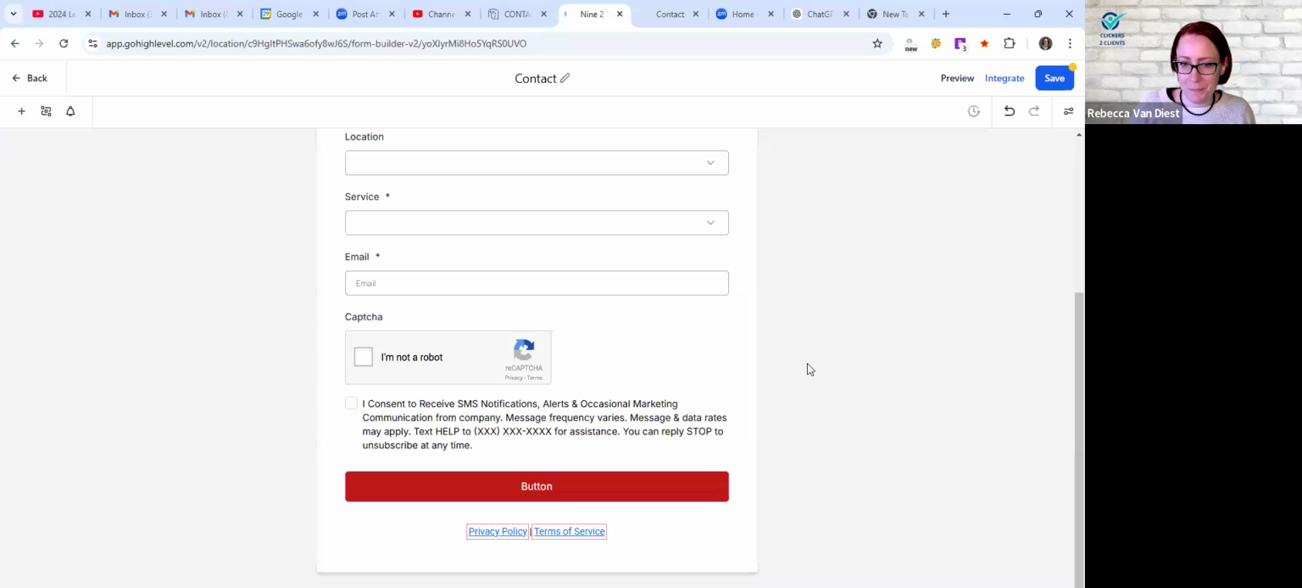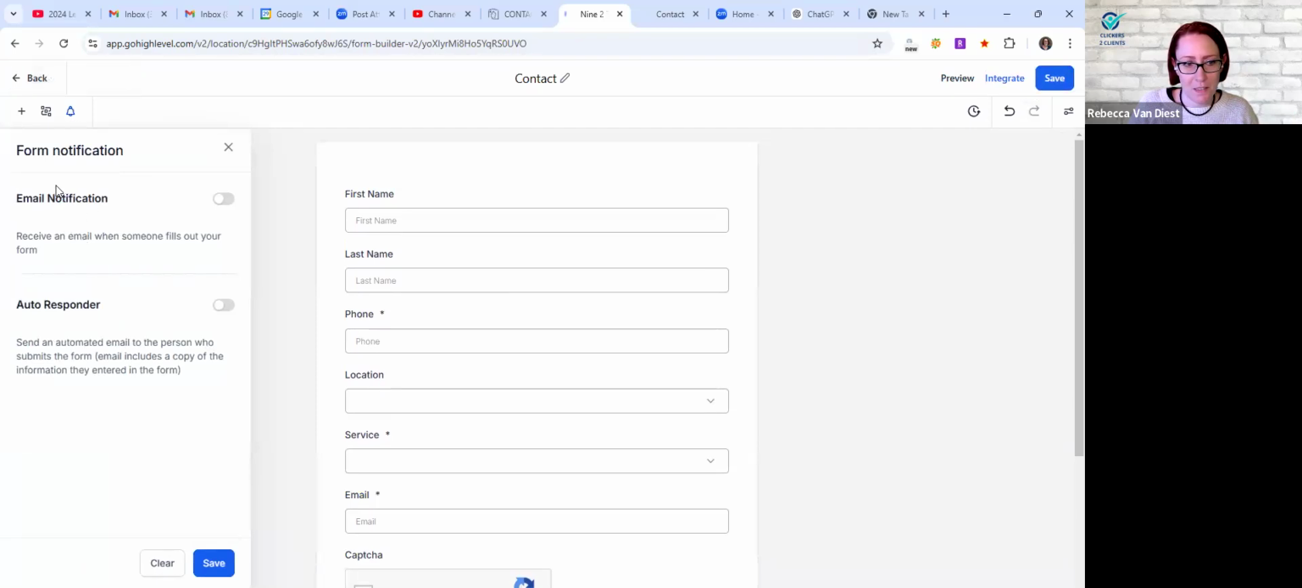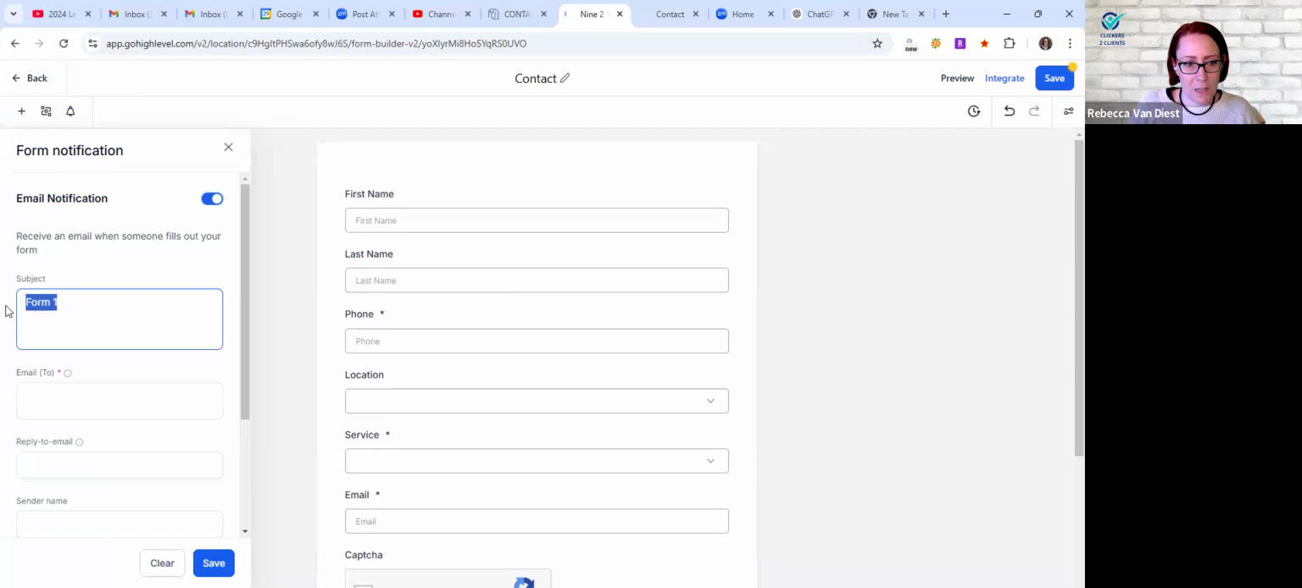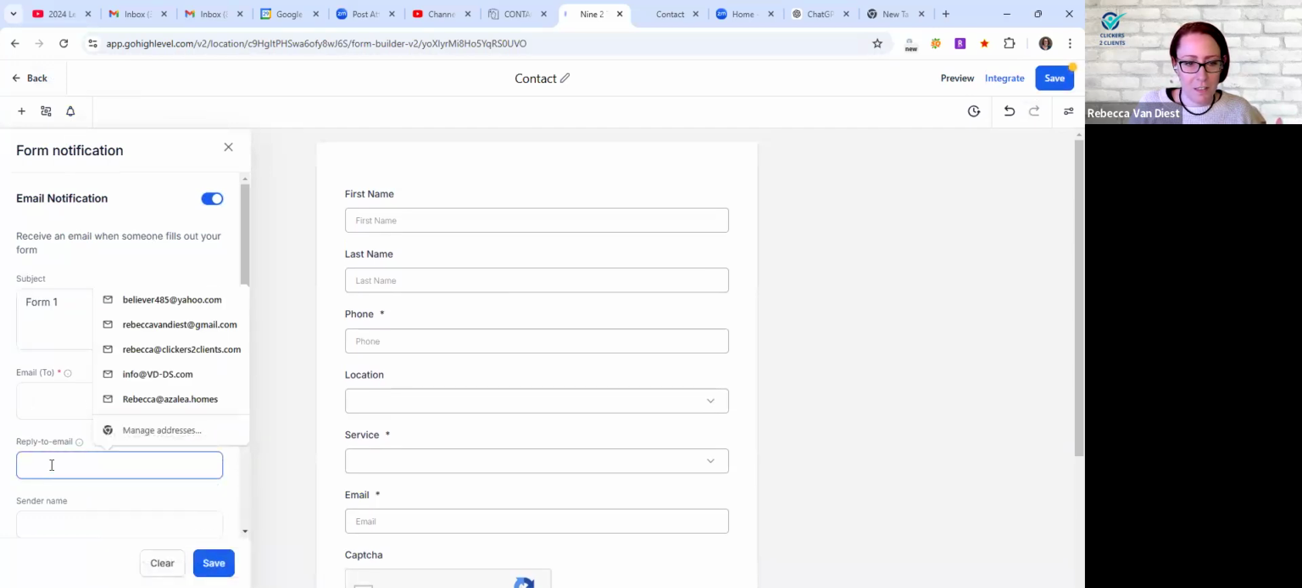Okay, that looks better. So we've got our form. Let's go ahead and save. Another thing you want to do is set this up, because it will not know where to email the information if you don't. So you can say contact form, put in your email, and